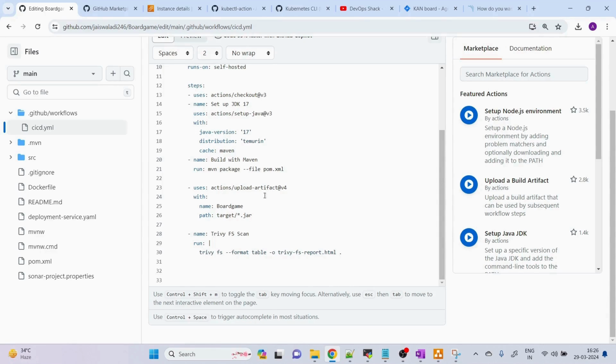So now what it's going to do, it's going to build the application, generate the artifact, publish this artifact, this is a jar file, and then also scan the whole file system and generate a report in HTML format. How I have written the command: jf for file system, format. That means in which format I want to get the report. I want the report in tabular format, and I want to export the report in a file. -o means I am exporting it into a file